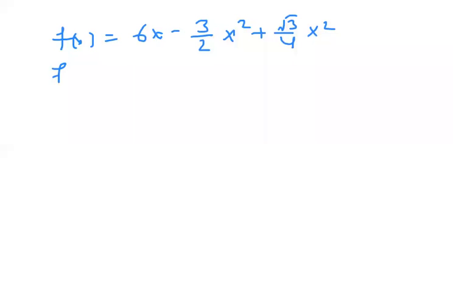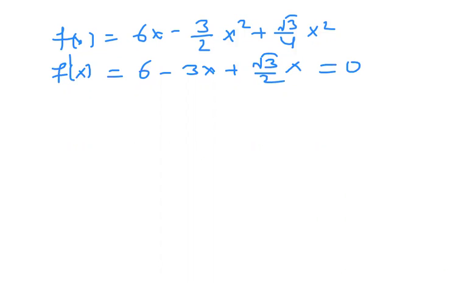First derivative f dash x equals to 6 minus 3x plus root 3 by 2 x. Now our task is to put f dash x equals to 0. 6 will be equals to x into 3 minus root 3 by 2. So x will be equals to